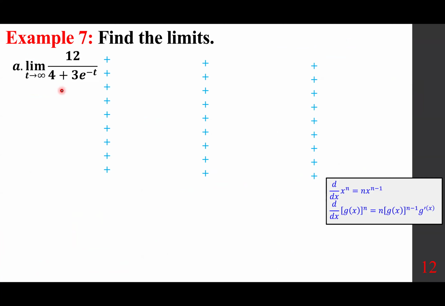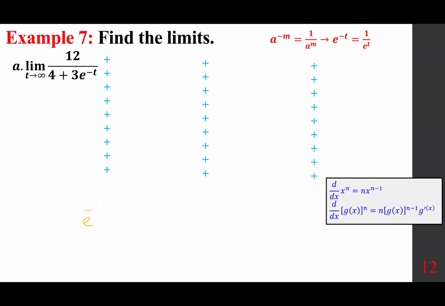All right, how about this one? 12 over 4 plus 3 e to the power minus t. All you have to do is plug in, and you get e to the power of minus infinity. Reminding everybody that a to the power of minus n is 1 over a to the power of n. e to the power of minus t is 1 over e to the power of t. And therefore,